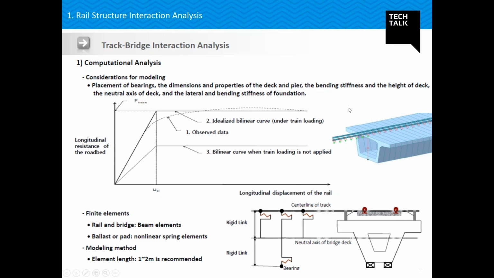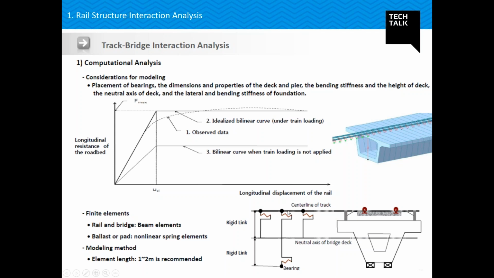So now for our case, suppose, as I told you, it is a bilinear curve for ballast as per UIC. For loaded it is different, and for unloaded it is different. So we are going to model them as multilinear links with the stiffness governing as per these curves. For loaded condition, I will use a different multilinear spring, and for unloaded condition, I will use a different multilinear spring. Okay, and my rail will be connected to my deck using these multilinear springs, and